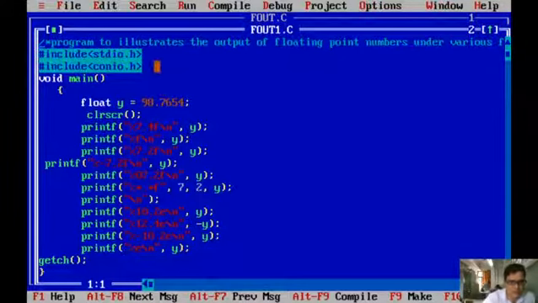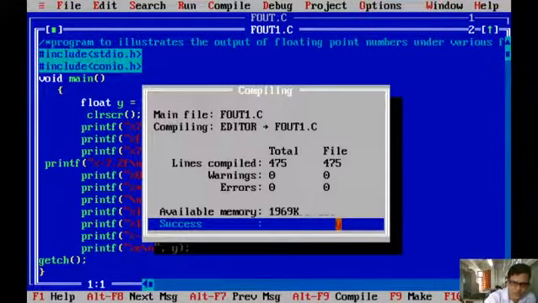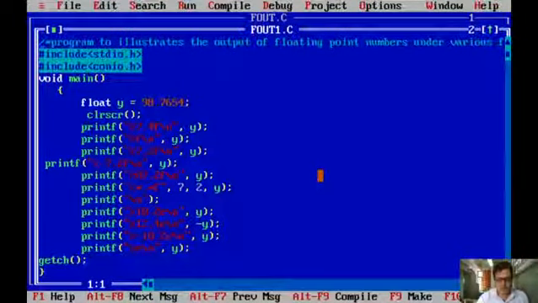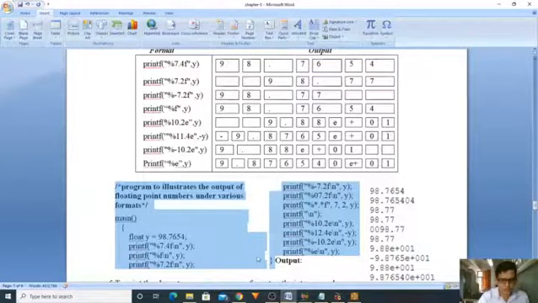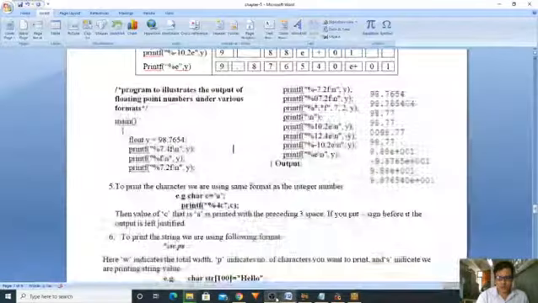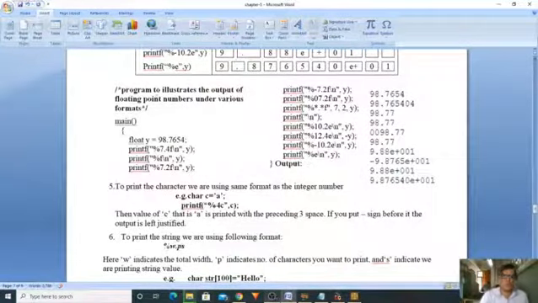Are there any errors? You can identify them here only, right? So as you know, 7.4 means within a 7 width this value will be displayed, right? So now I'm compiling and running. While compiling and running, you are seeing the variation in your output because of width and precision, and that is your program. We see it in this format.